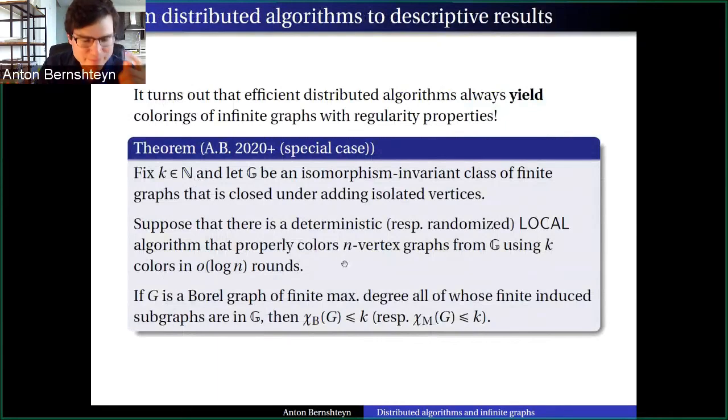One is that I'm talking here about just proper colorings, but you can consider other types of questions like edge colorings, or a coloring with some extra property, like star coloring. The point is that this whole theorem is true for a broad class of coloring problems, which in distributed computing are called locally checkable labeling problems. Really, the main condition is that you want some kind of coloring with the property that there is a uniform,